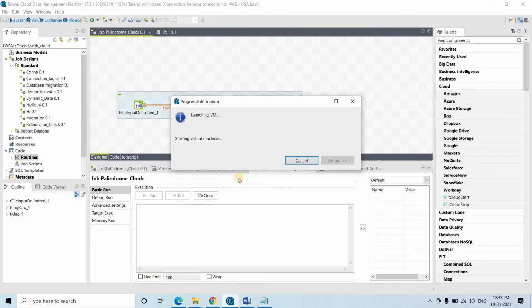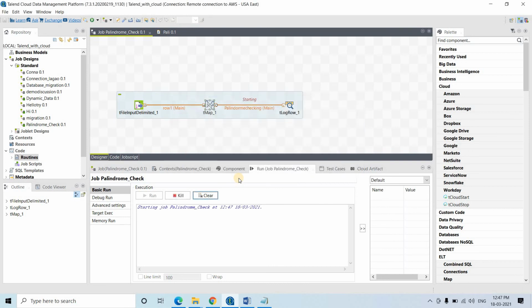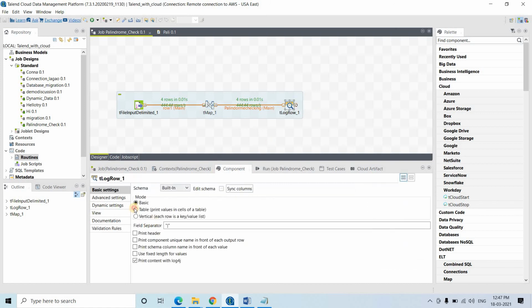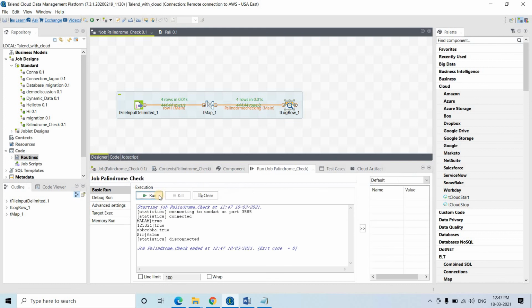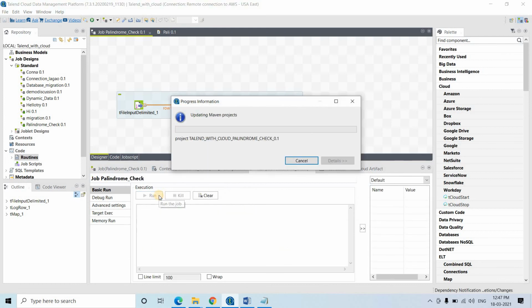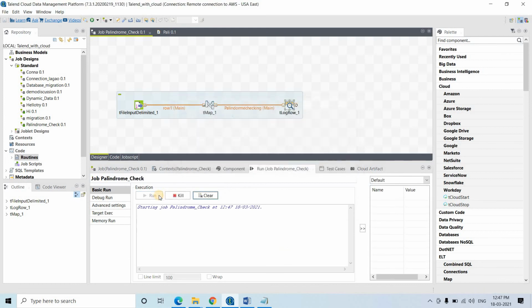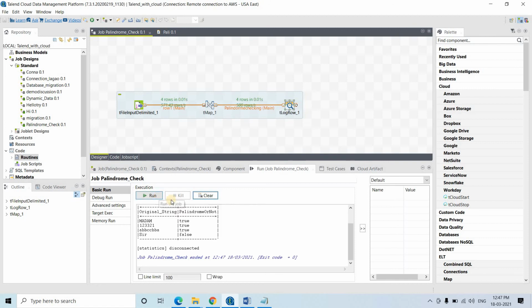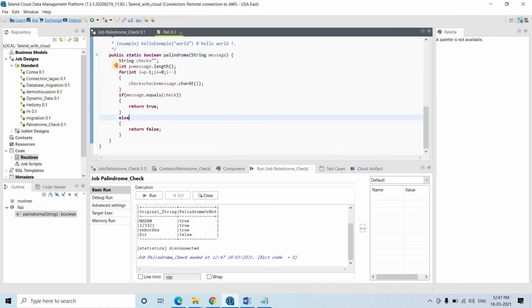So basically this is how you can use complex logic in your Talend job, if you want. Previously I have shown using tJavaRow, now this time I am showing using tMap, because tMap is a very powerful component. I wanted to show you that in the user defined section you can get all the routines which you have created. And see, madam true, this one true, this one true, and sir is false. So perfectly working.